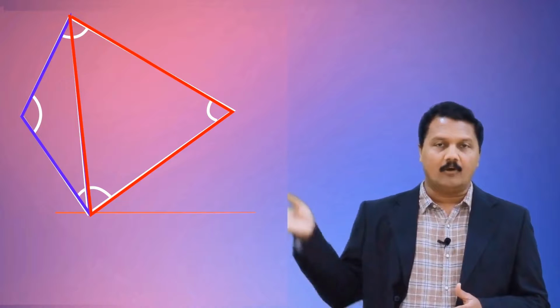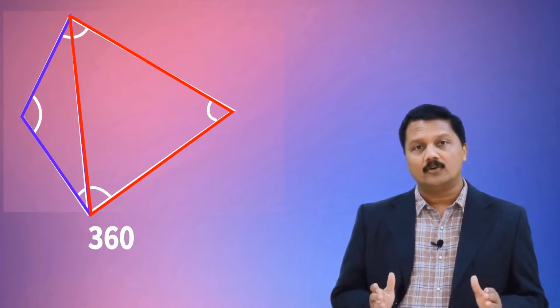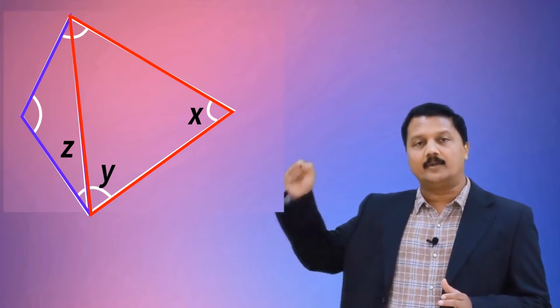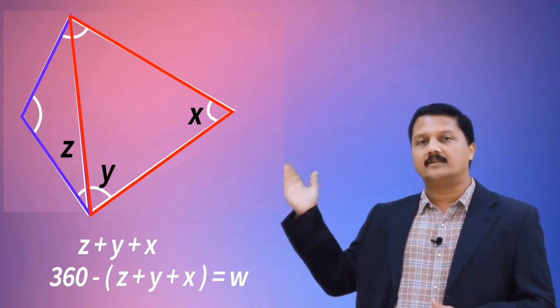What about the angles in a quadrilateral? See the quadrilateral. We can divide the angles in a quadrilateral into 6 angles by making two triangles. All these 6 angles add up to 360 because one triangle is 180. The other triangle is 180. So 180 times 2, which is 360. So angles in a quadrilateral add up to 360 degrees. So if you know 3 angles of a quadrilateral, you can find the missing 4th angle. Add these 3 and 360 minus the sum.